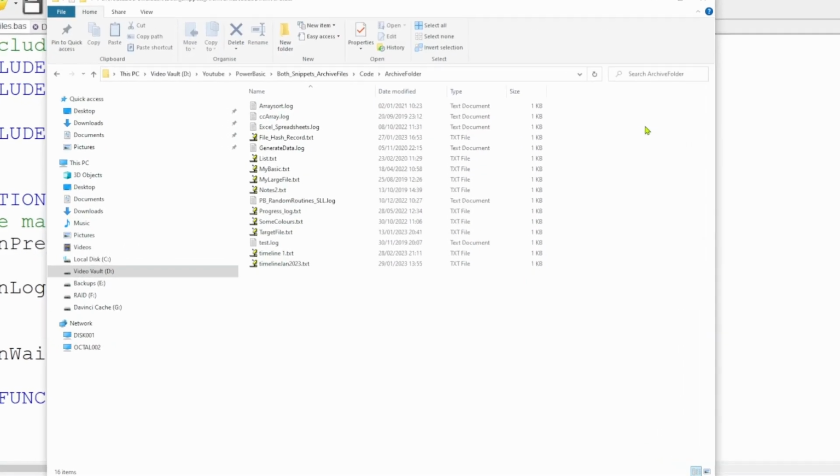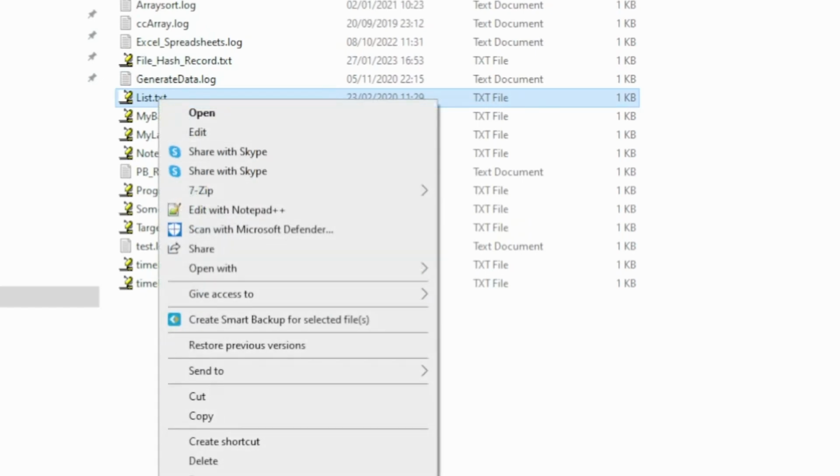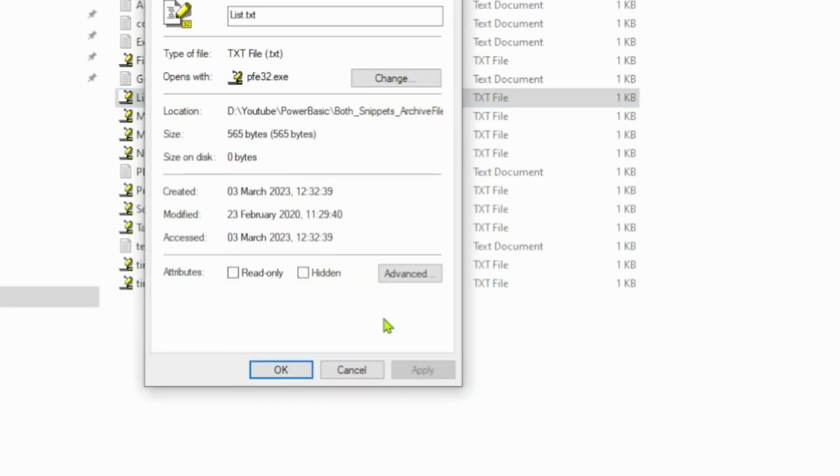If we have a look at one of these files, and do our properties, we'll see that there are in fact 3 dates kept for this file. A date which the file was created, a date which the file was last modified, and a date the file was last accessed. As these files have been copied from somewhere else, the creation date is more recent than the modified date. The modified date is the date the file was last written to.